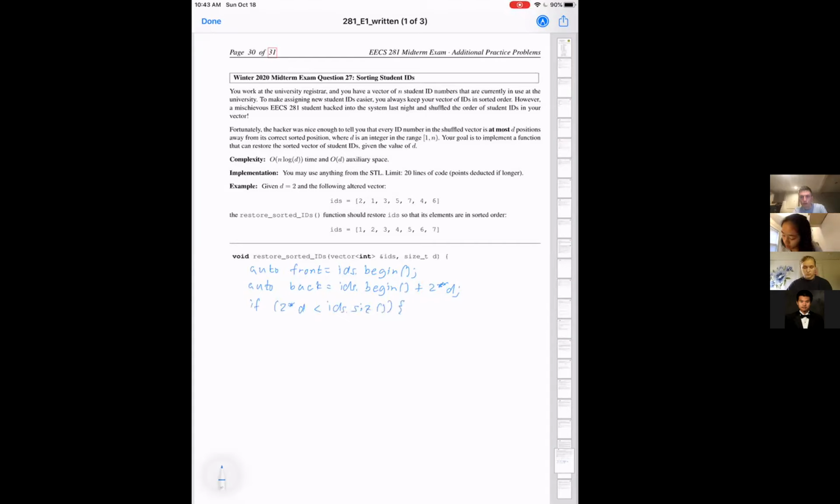In that case, now we're going to iterate through. And I'm going to say for, and so now if we're iterating through by d each time, do people have